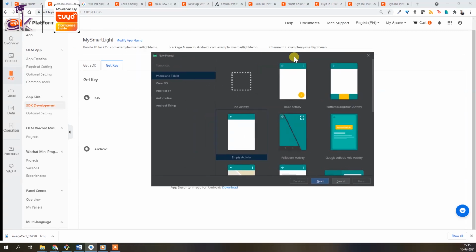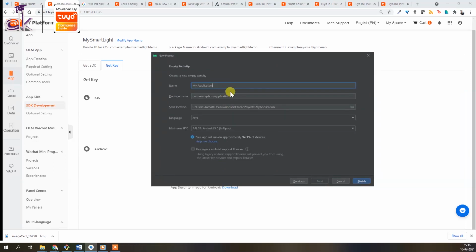Okay, I'm using Android Studio 4.2.2, which is the latest version, and in case you guys have an older version, please upgrade and make sure you're on the latest one, so that whatever I do here should be mostly similar to you, and hopefully you do not face any errors, right? So click on empty activity and then click on next, and I'm going to call my application My Smart Light,